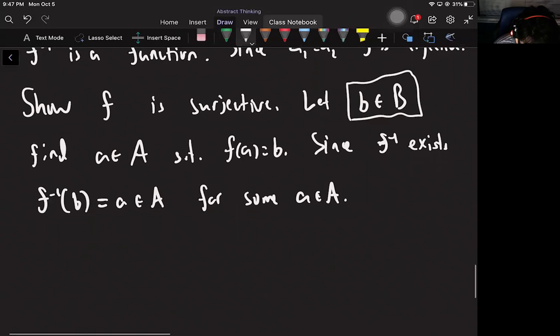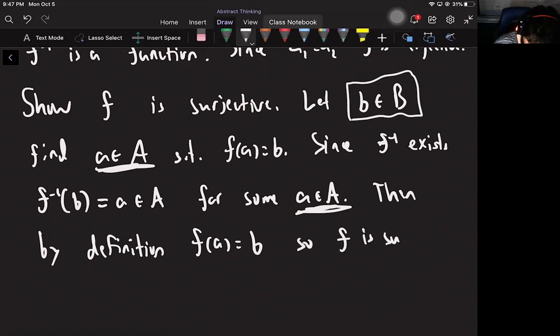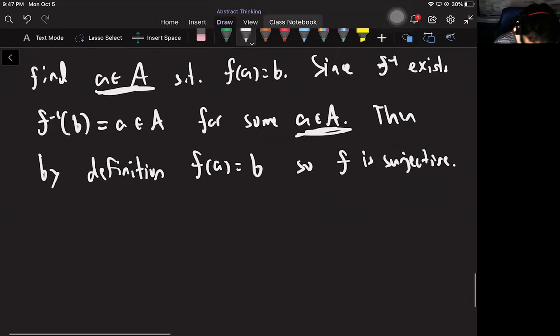I don't know what it is. But this is the a I want. I even called it the same thing, little a. So then by definition of what the inverse is, if f inverse of b equals a, that means that a got sent to b in the first place. And this shows f is surjective because I was able to find an element that maps to little b. Okay, so f is bijective. I did both proofs. Now the backwards direction,